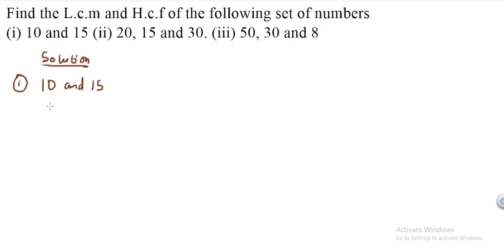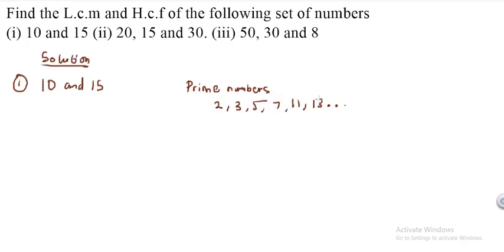For me to find LCM and HCF, I have to rewrite these numbers in terms of prime numbers. Now, if you're not familiar, prime numbers are numbers that can only be divided by 1 and itself. So examples of this kind of numbers are 2, 3, 5, 7, 11, 13, and so on. Now, my first step would be to express 10 as a multiplication of these numbers and 15 as a